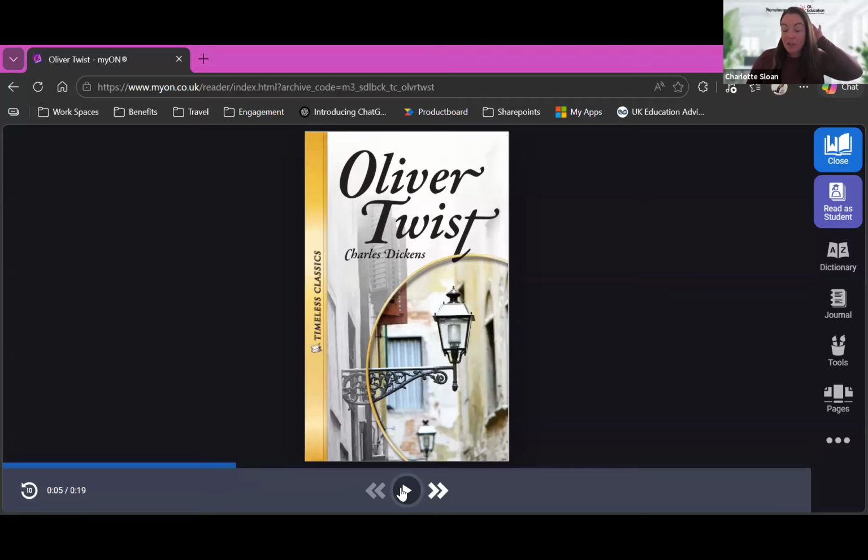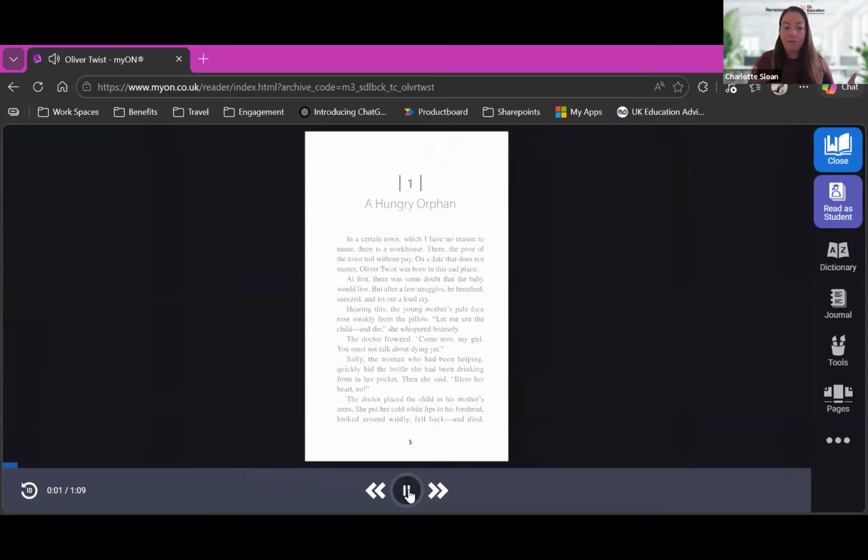Essentially the story will be read to the child, so the child's able to hear a fluent English speaking voice. Basically, this child will be able to hear the story read out to them. You also have the option to be able to speed up and slow this down. So this will be really, really helpful for any of those students who aren't able to sort of keep up with the text by themselves and might want that text read out to them. The text is also highlighted. So as you can see,